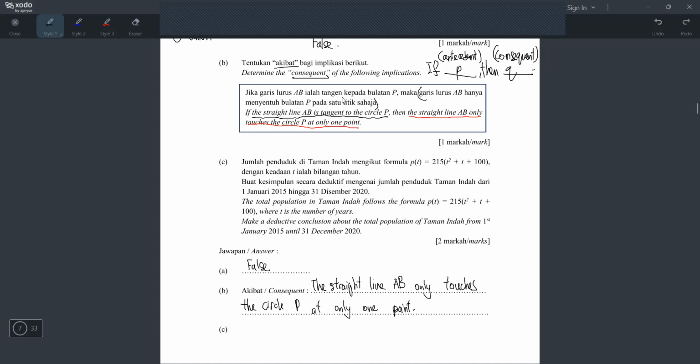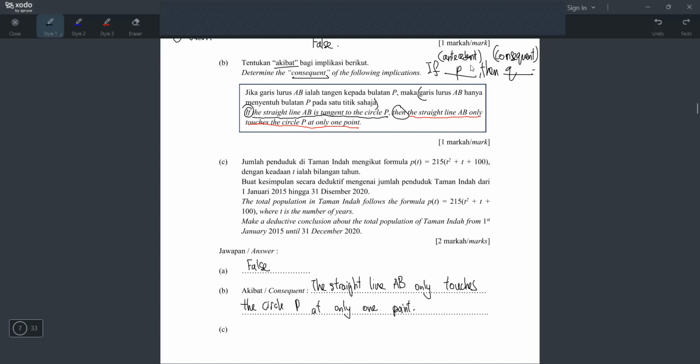Okay, satu benda lagi yang you kena tahu, you cannot salin the then and if. The if and then is not included in your antecedent and consequent. Okay, yang tu kena tahu. Apa lagi? Oh, one more thing. Can you see, I didn't even care about what this statement means. I don't even care about what's the content, right?